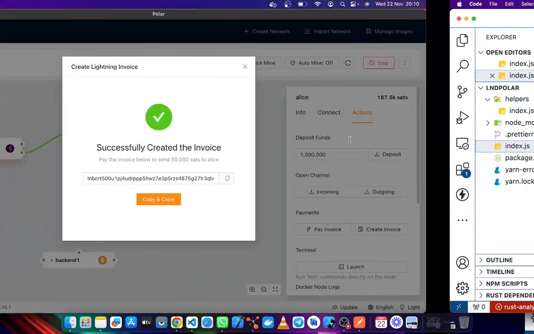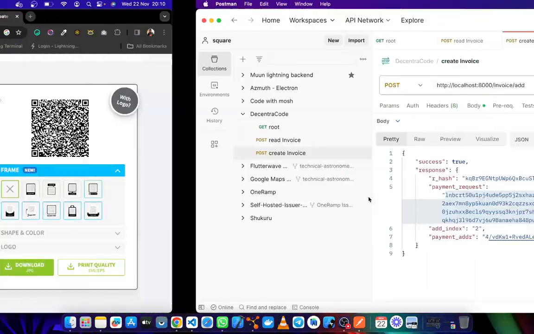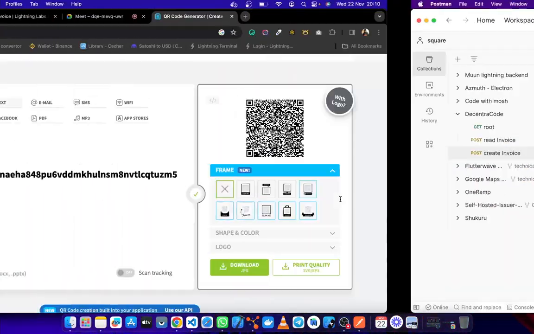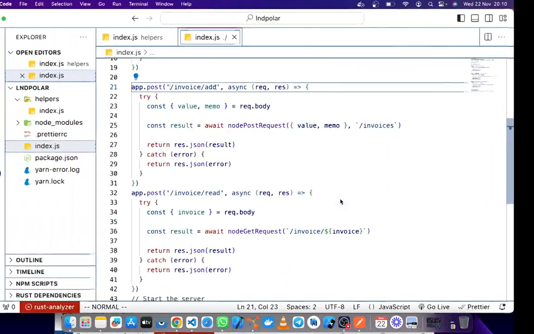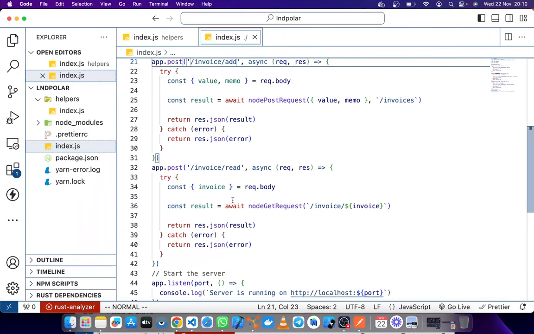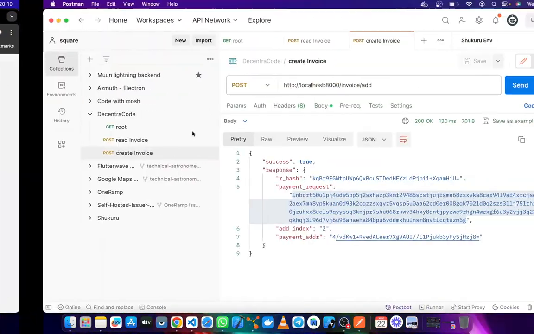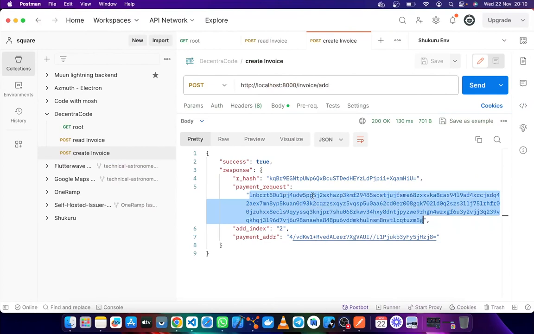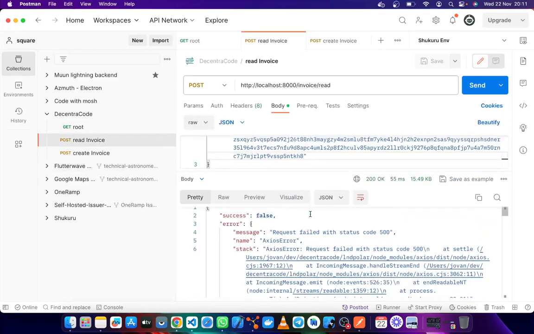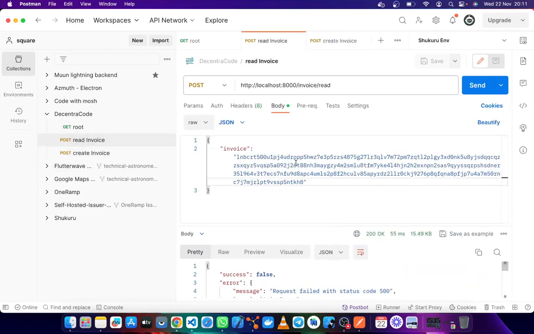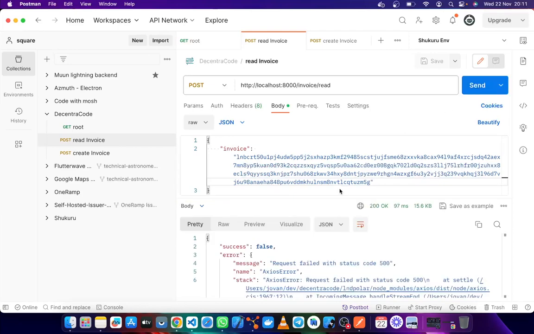So usually that string, when that code is scanned by another wallet, this is what you pass through. I think we can try and test that again and see if this can still work, from Alice to read it.